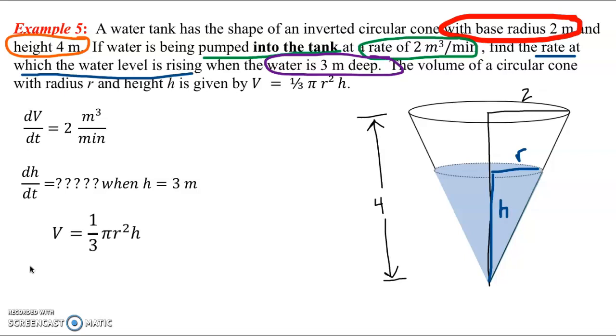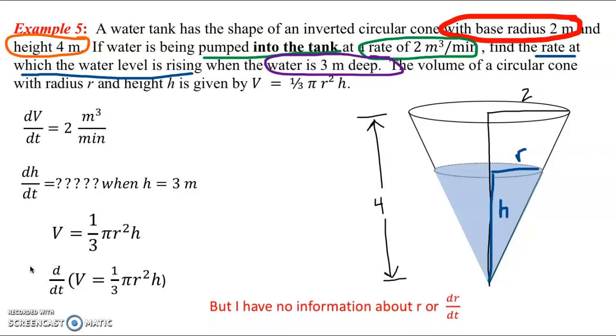So they gave us the formula that relates the volume and the height. But the radius is also involved here. So if I wanted to take the derivative with respect to time of the volume equation, I actually don't have enough information about the radius r or the rate of change of the radius dr/dt. So in this particular case, when we don't have enough information to move forward by taking the derivative implicitly